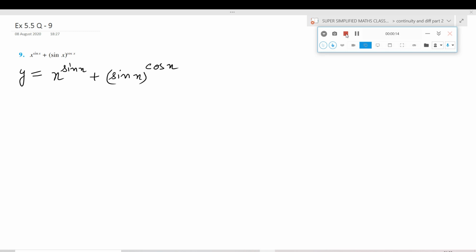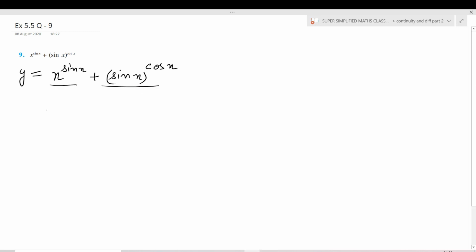So now students, you can see as there is the function of x in power. So I cannot differentiate it without taking the log, but I cannot take the log of the right hand side because these two terms are in addition. Whenever two terms are in addition or subtraction, we cannot take the log, because if you have log of u plus v, you have no property of log to expand this kind of expression. So we don't take the log at this step.